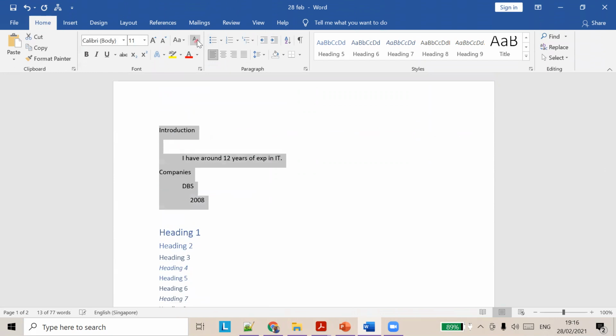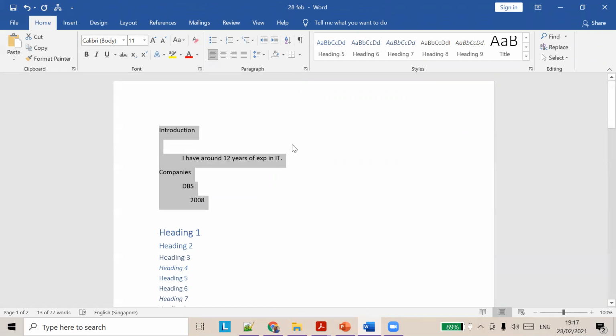Click clear all formatting, and it applies the normal fonts. The default font and font size will be applied automatically.